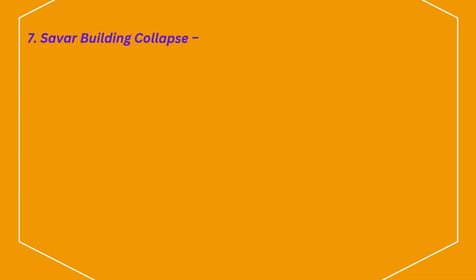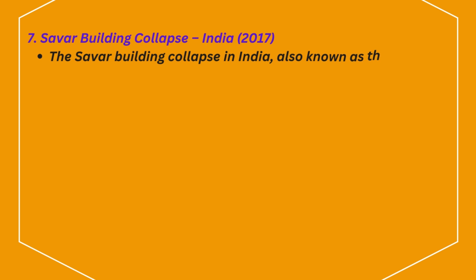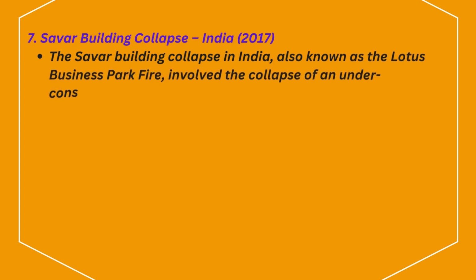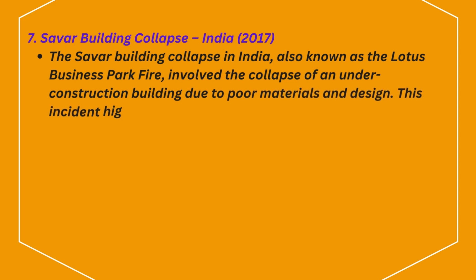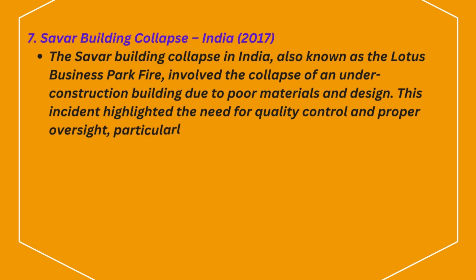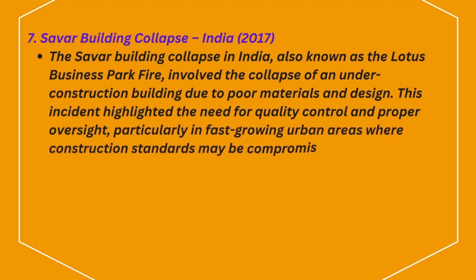7. Savar Building Collapse, India, 2017. The Savar building collapse in India, also known as the Lotus Business Park fire, involved the collapse of an under-construction building due to poor materials and design. This incident highlighted the need for quality control and proper oversight, particularly in fast-growing urban areas where construction standards may